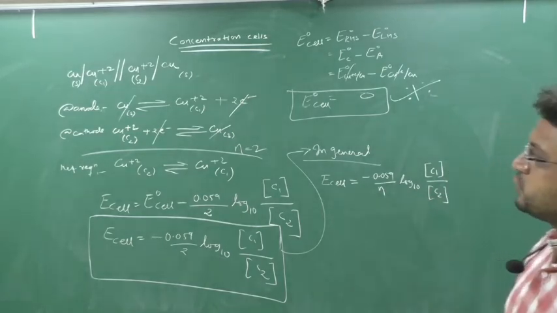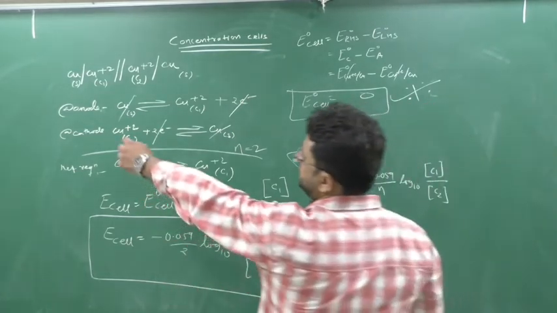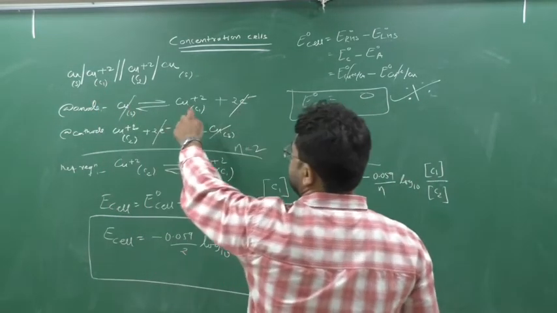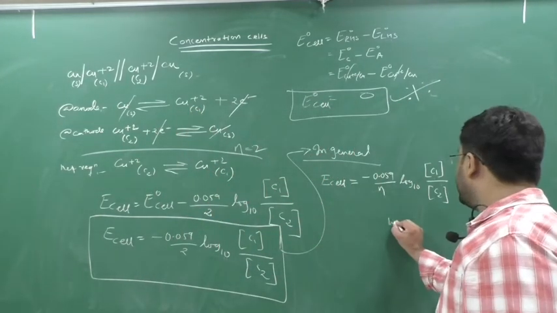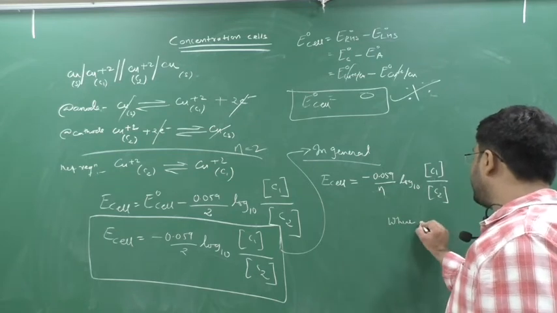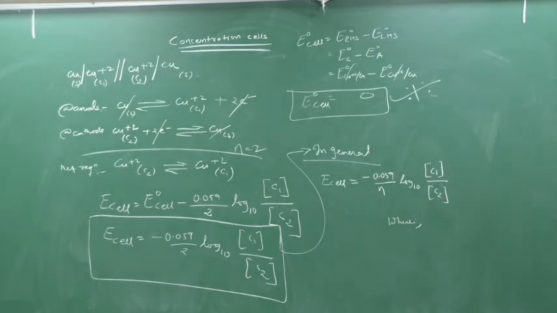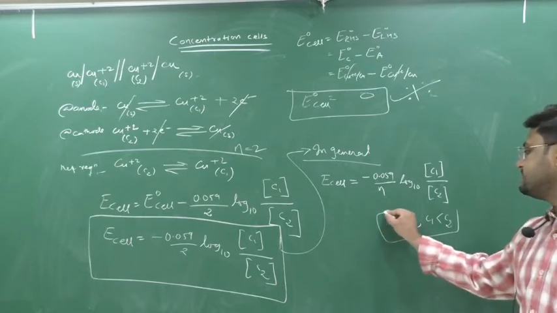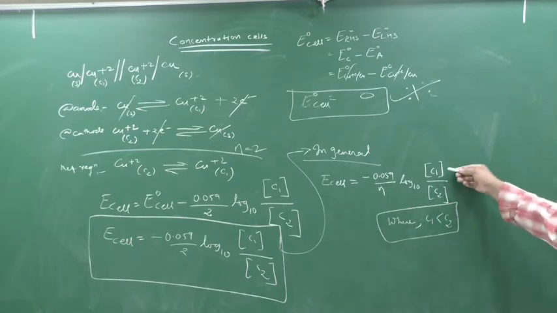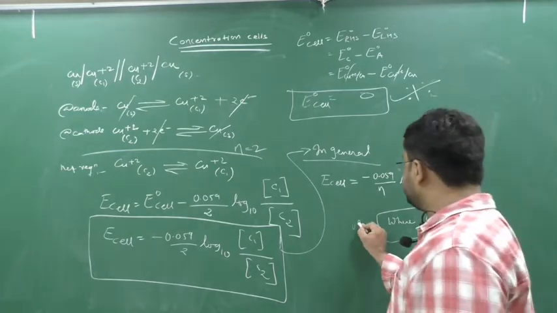Yes or no? Because always on the product side C1 only will come, and on the reactant side C2 only will come. Seeing these two, I can write that C1 will always be less than C2. This is important. This condition is important. Now, I can change this condition also.